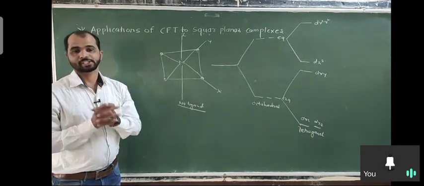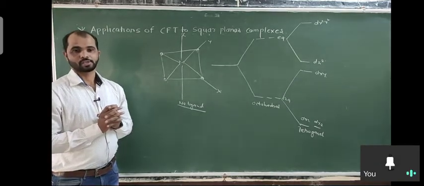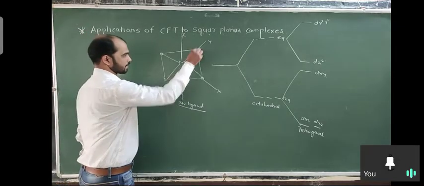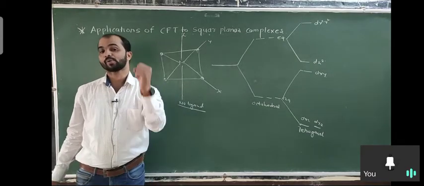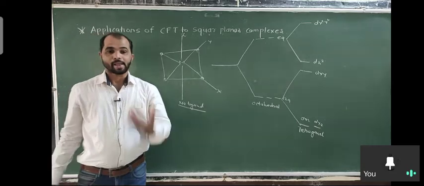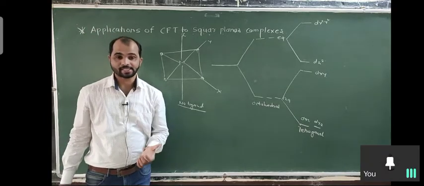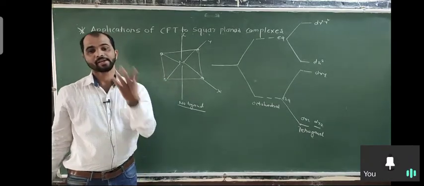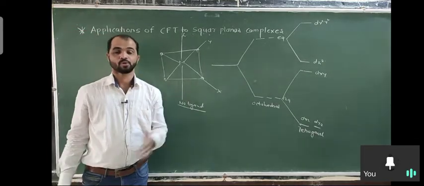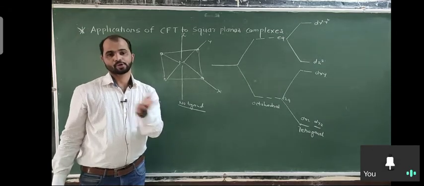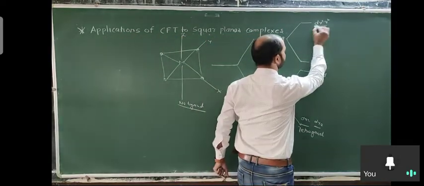That means there is no interaction between the ligand electrons and metal electrons. So due to this, ligands are mostly on the x axis and on the y axis. So only the orbital which contains x and y proportion has maximum repulsion with the ligands, and their energy rises as compared to others where there is no x and y, or there is a half proportion of x and y. You know, just think here which orbital is there?